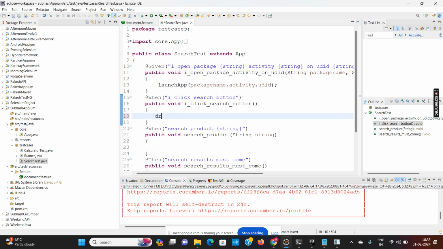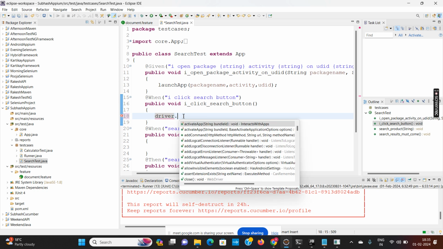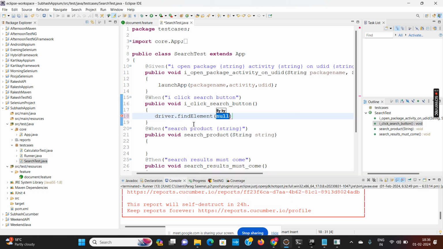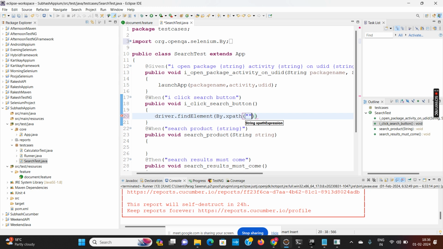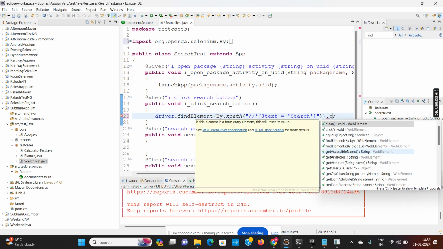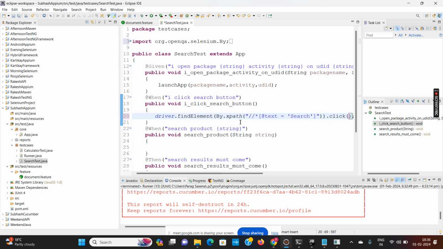So I will write again driver.findElement(By.xpath, at the rate text is equals to search).click(). That way, find element will find this search box and then it will click on it.